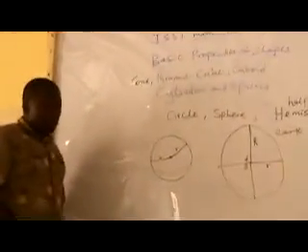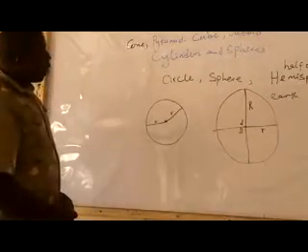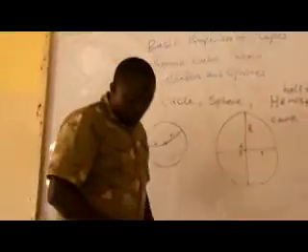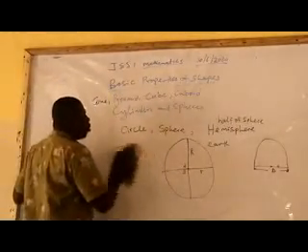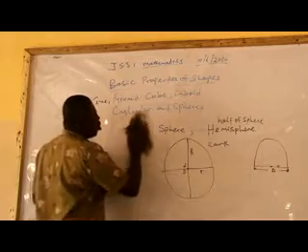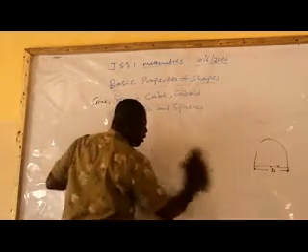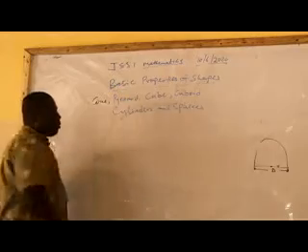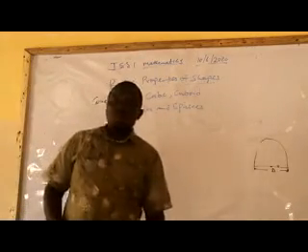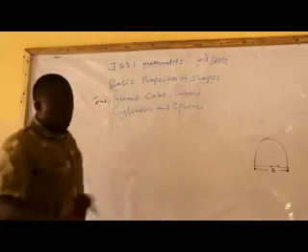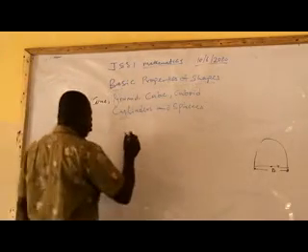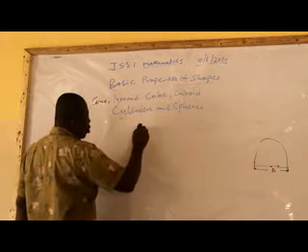Now, after mentioning the circle and the sphere, I want to mention another important shape called the cone. Let's see how a cone is. A typical example of a cone around you is the funnel you use to pour water. This is a cone.